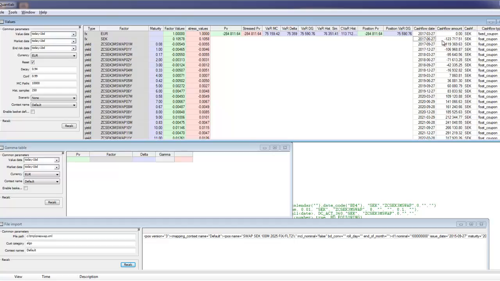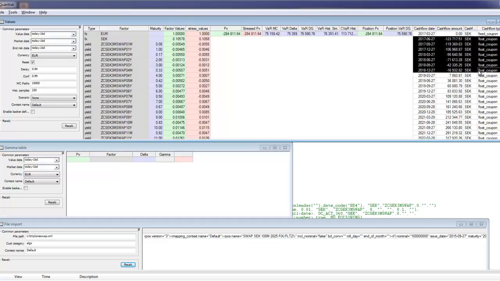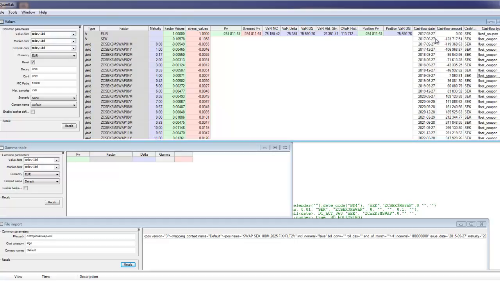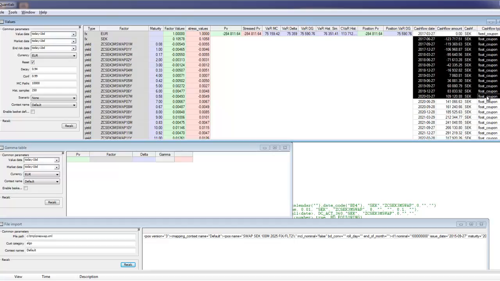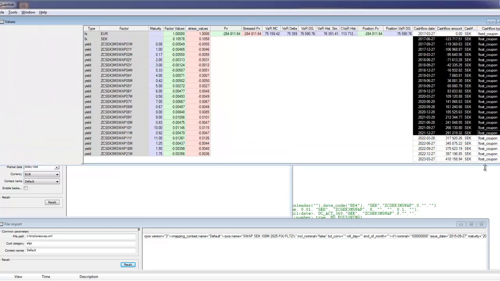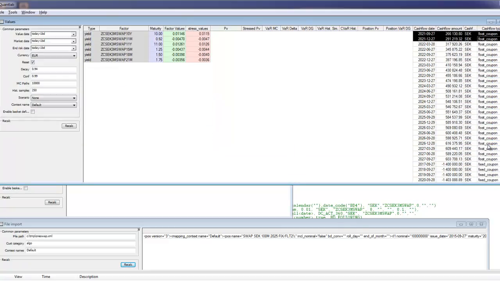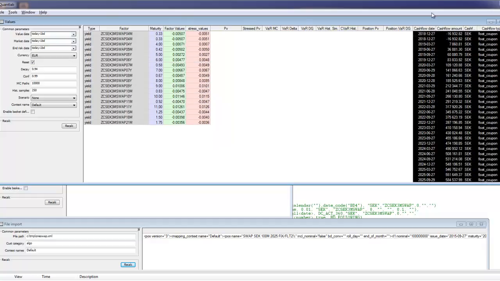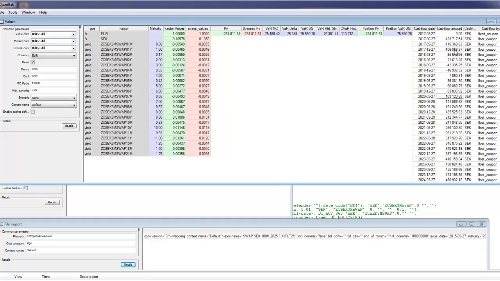And here at the end, we also see the rollout of these cash flows. So first we have all the floating coupons, as we have 4 per year. There's quite a few of them. And we can see that the Swedish rate switches from negative interest rates to positive forward rates somewhere around 2019. And the first cash flow of the floating is actually fixed,